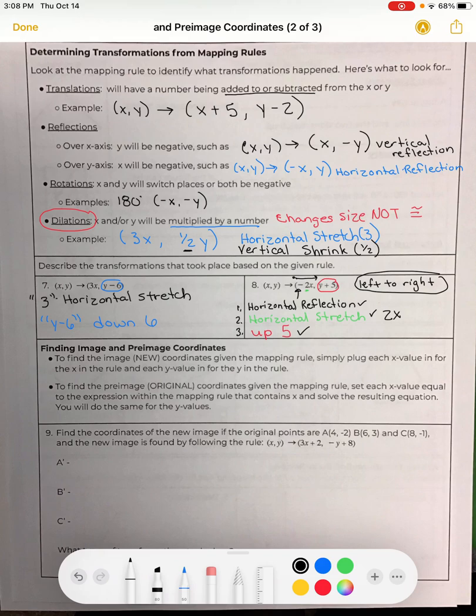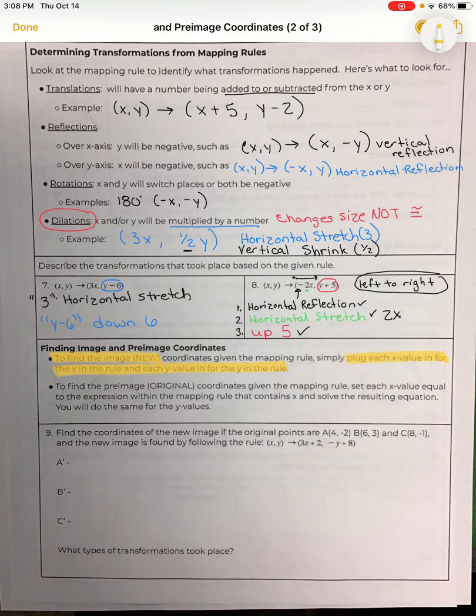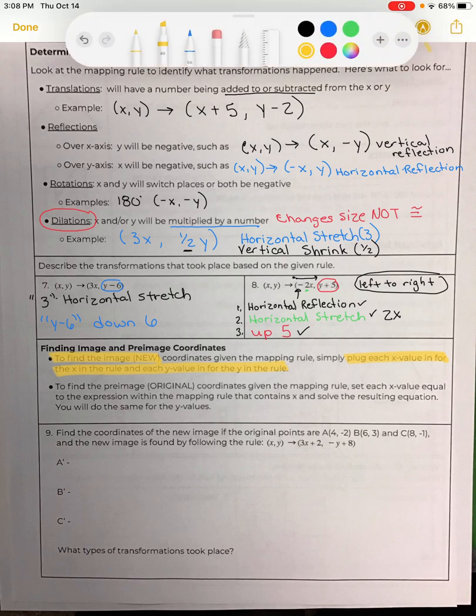Alright, now we're going to use these rules that are given to find the new image or coordinates. Given the mapping rule, simply plug in the value of x. So, to find the new image, you're going to plug each x value in for x and each y value in for y. So looking at this one at the bottom of your page,